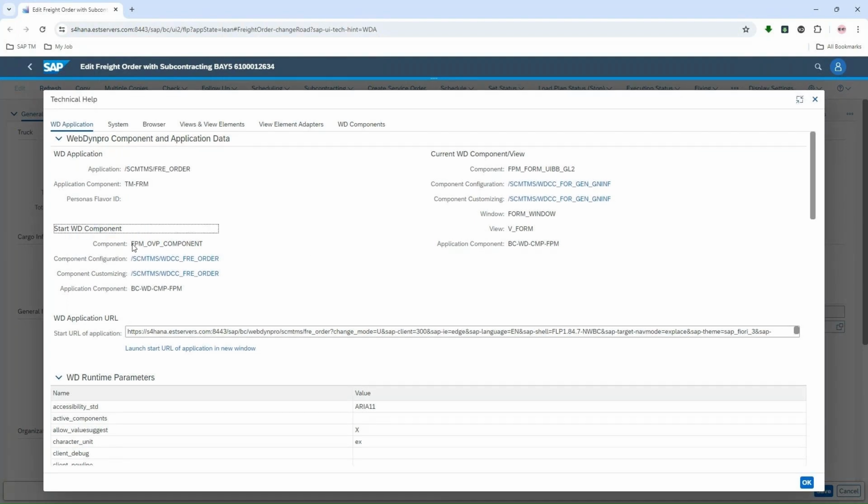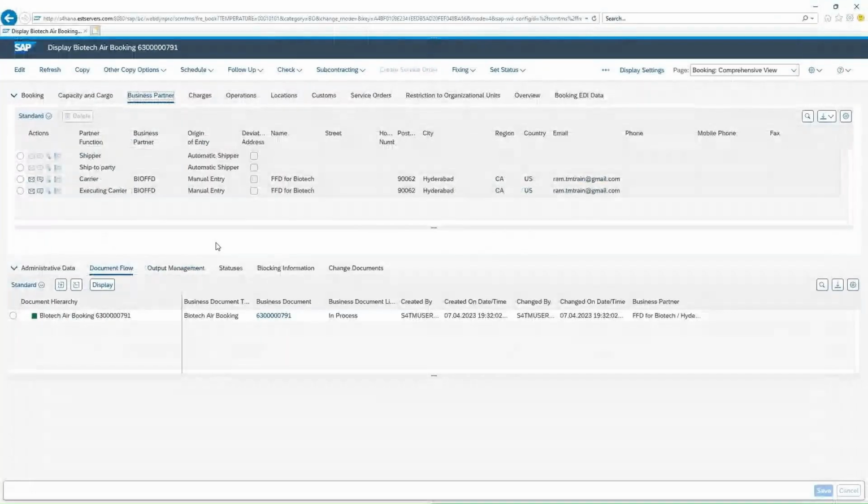You see this FPM underscore OVP underscore. I told you overview page floor plan is the approach that is used for developing the web-enabled applications in the SAP TM environment. Right now, I will also show you. I will open freight booking. So this is freight booking, isn't it? If I go to booking,